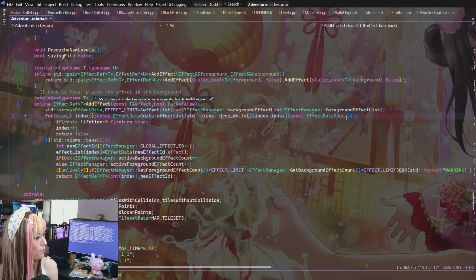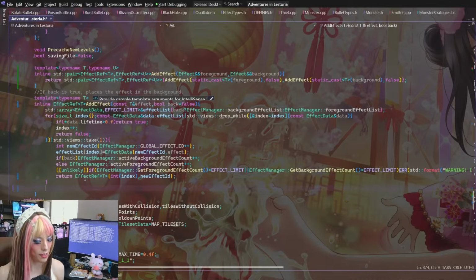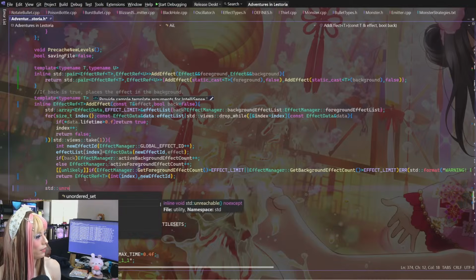Wait. Well, this whole thing's a for loop, which then... This is a drop while, so this is the for loop that returns. So if there's nothing in the for loop, what do we do, right? It's like there's an assumption that this is happening. So this is like standard unreachable. Will there ever be a case where this does not return? Let me see.